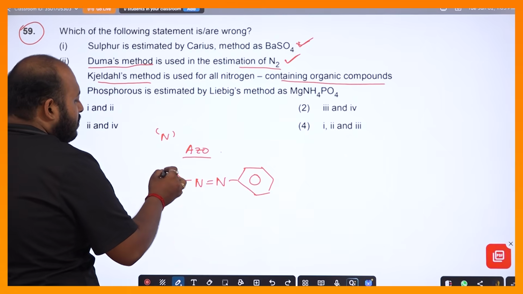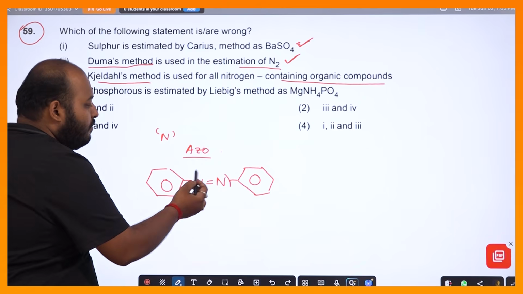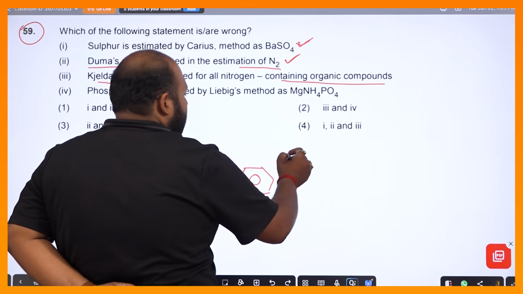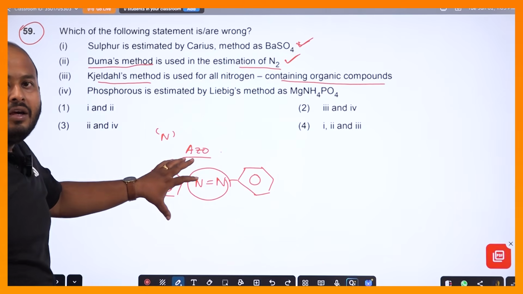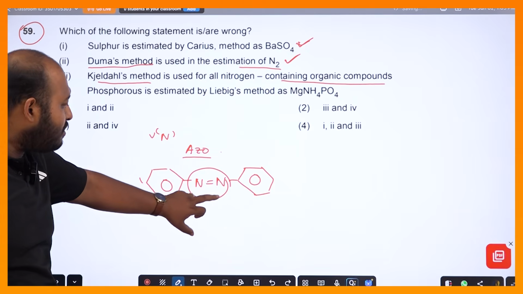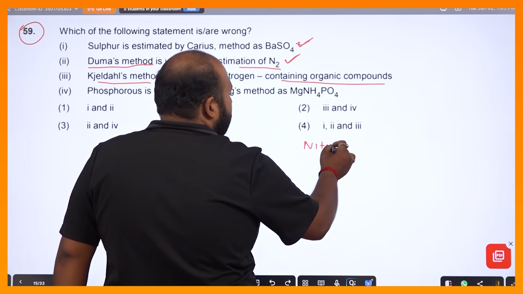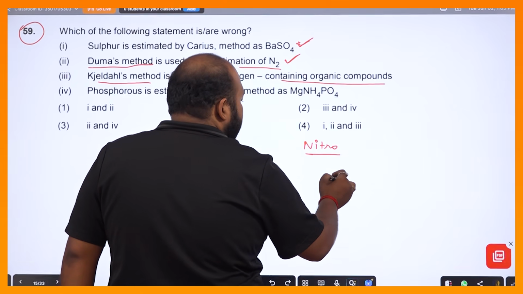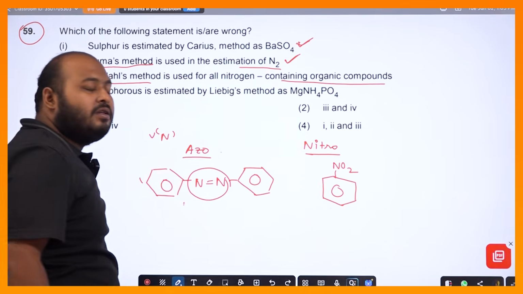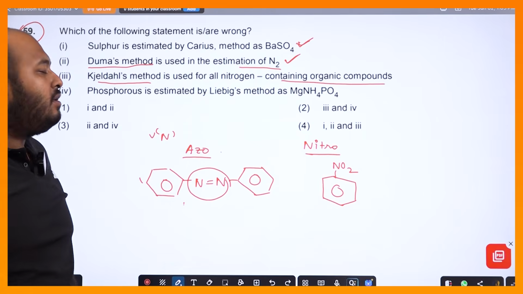this is one compound where the nitrogen is present in azo form, and this compound is known as azobenzene. So in this compound we cannot correctly measure the amount of nitrogen if the nitrogen is present in this kind of form. Remember this part. Or as a nitro group, suppose nitrobenzene is given. In this case also we cannot estimate the amount of nitrogen